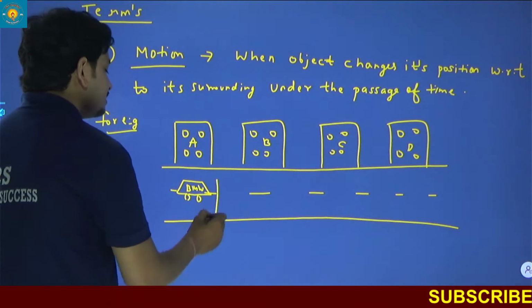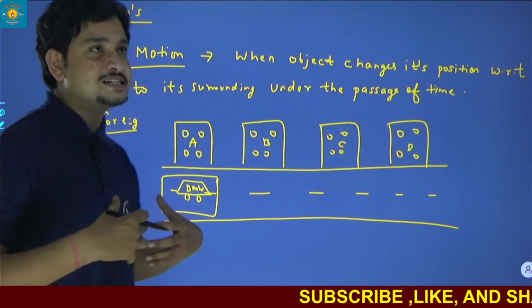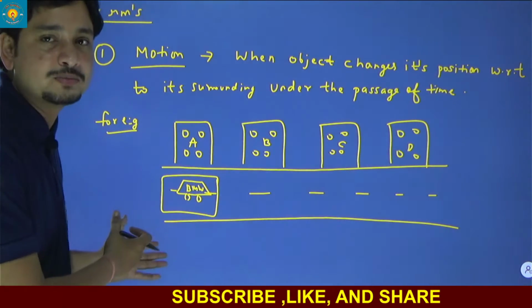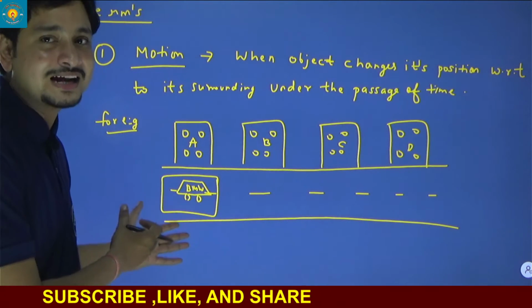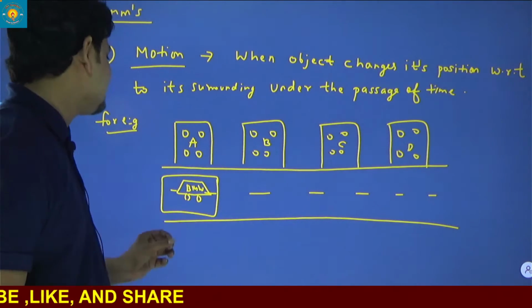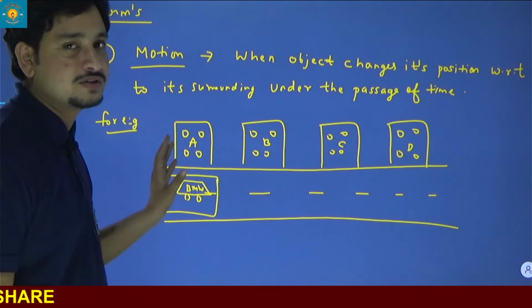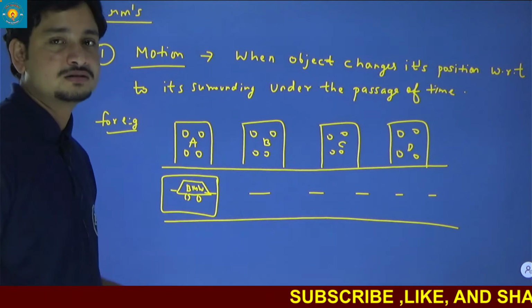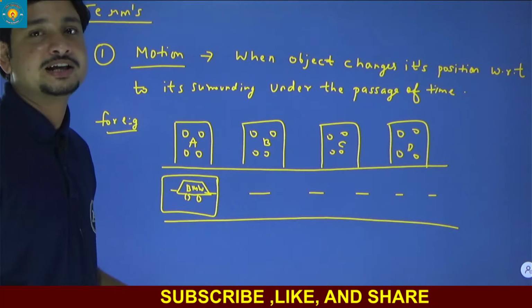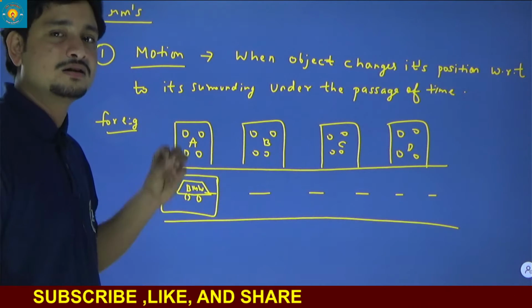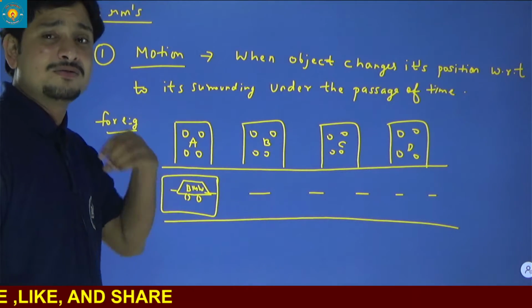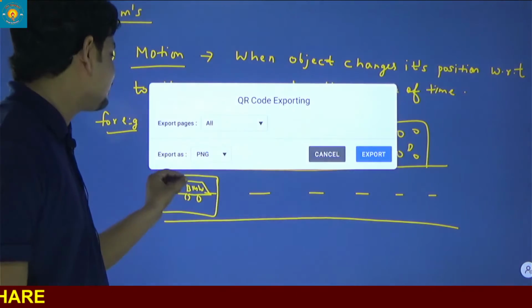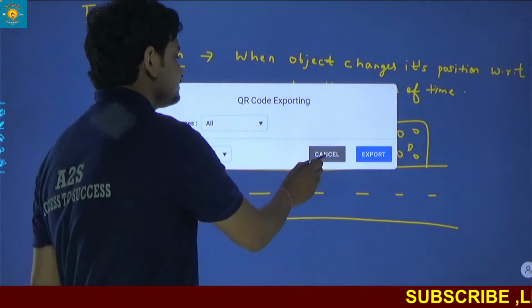Take. So if I see this BMW car at 1 o'clock, I will get that it is in front of the A building. Clear? As I see at 2 o'clock, same, it is in front of building A. I see it at 3 o'clock, 4 o'clock, 5 and 6. Whenever I see it, it always stands in front of the A